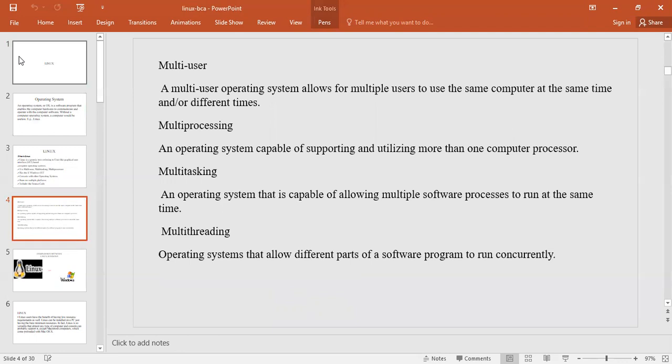Hence, it is called a multiprocessing operating system. Multitasking is an operating system capable of allowing multiple software processes to run at the same time. Hence, it is called multitasking. Multi-threading operating systems allow different parts of a software program to run concurrently.